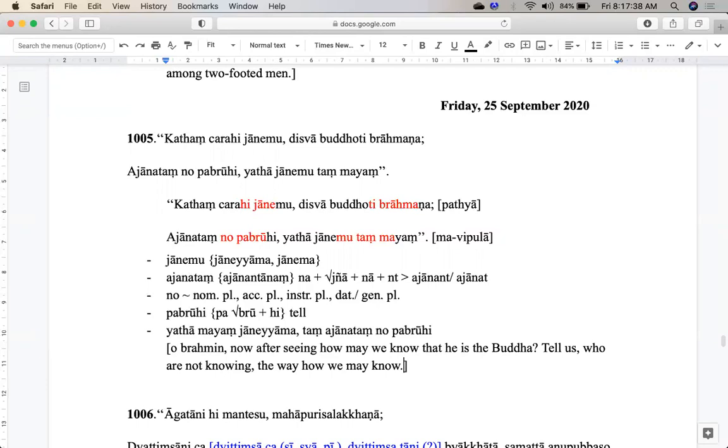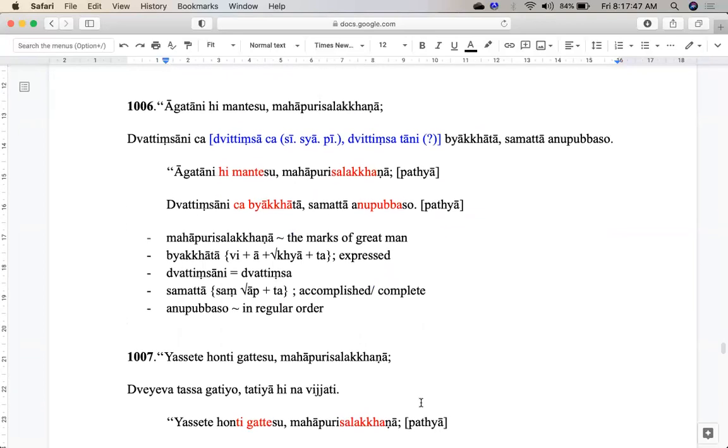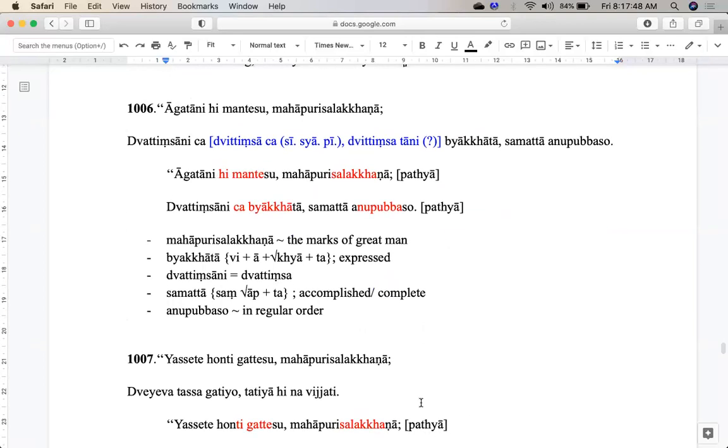So, any question? Okay, so next stanza. Agata nihi mandesu mahaburisa lekhana, dvattasanija byakata samada anubabaso. This one also is a syllable-type stanza. So in the first part, the first line,